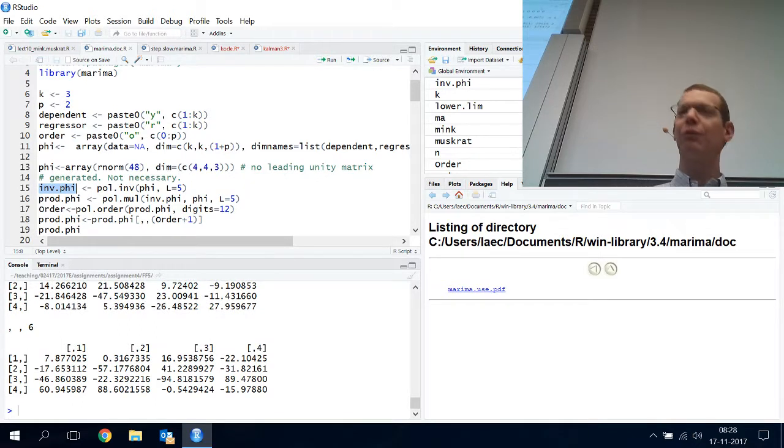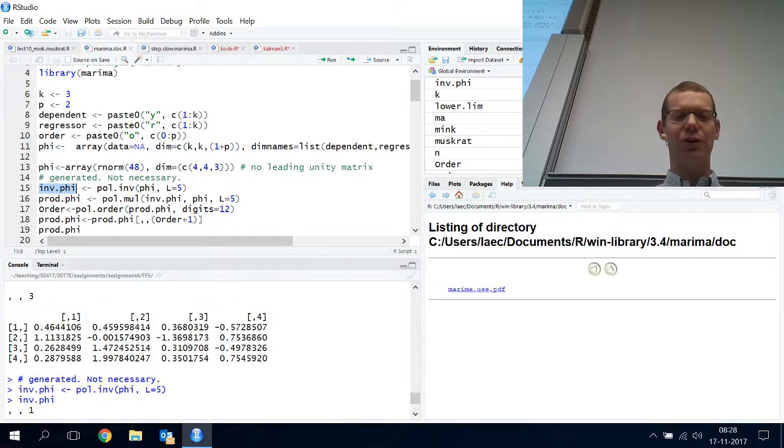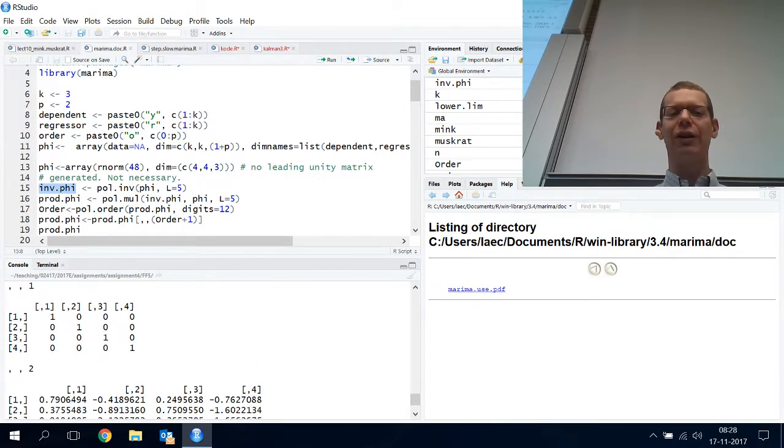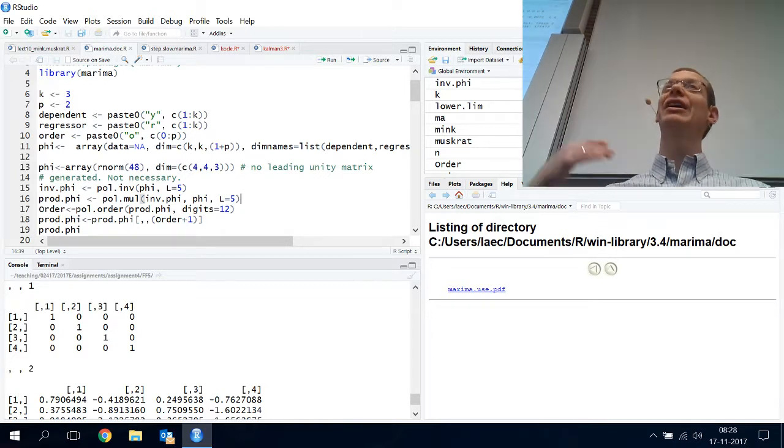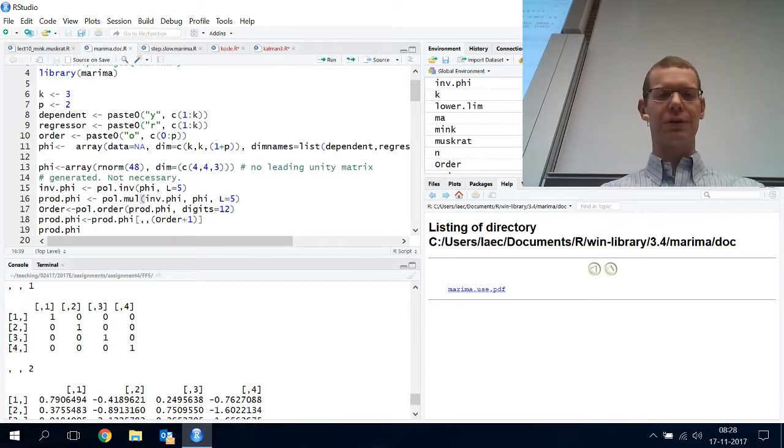So I kept 5, but I get 6. Again, it's because the first thing here is the identity matrix that it just adds. And if I multiply my inverted polynomial on the left-hand side of my uninverted polynomial, again maintaining only 5 lags,